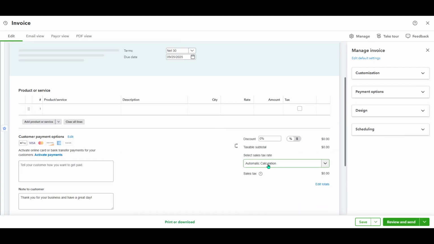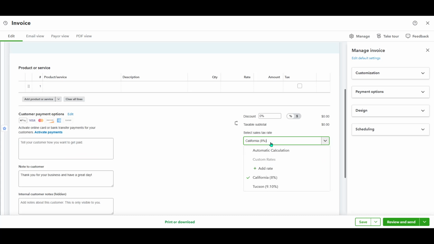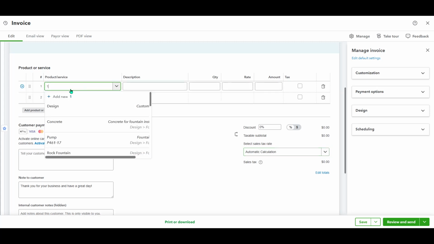transactions with precision and compliance. Keeping your tax rates up to date will help maintain smooth operations, so remember to revisit this setup anytime there are changes in either your address or the tax rates applied by local agencies. Following these steps will ensure you're accurately managing your sales tax obligations within QuickBooks, giving you more time to focus